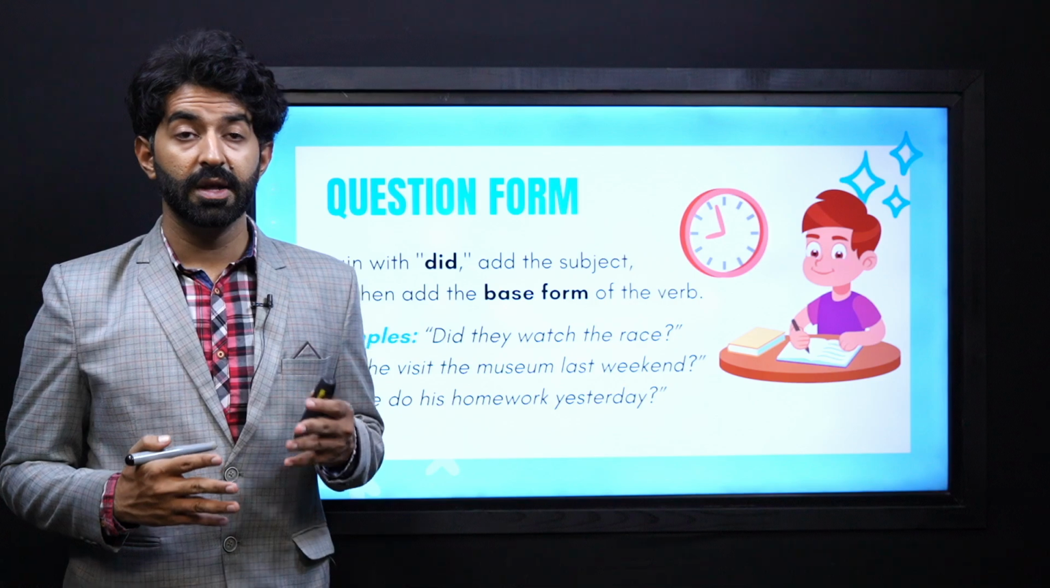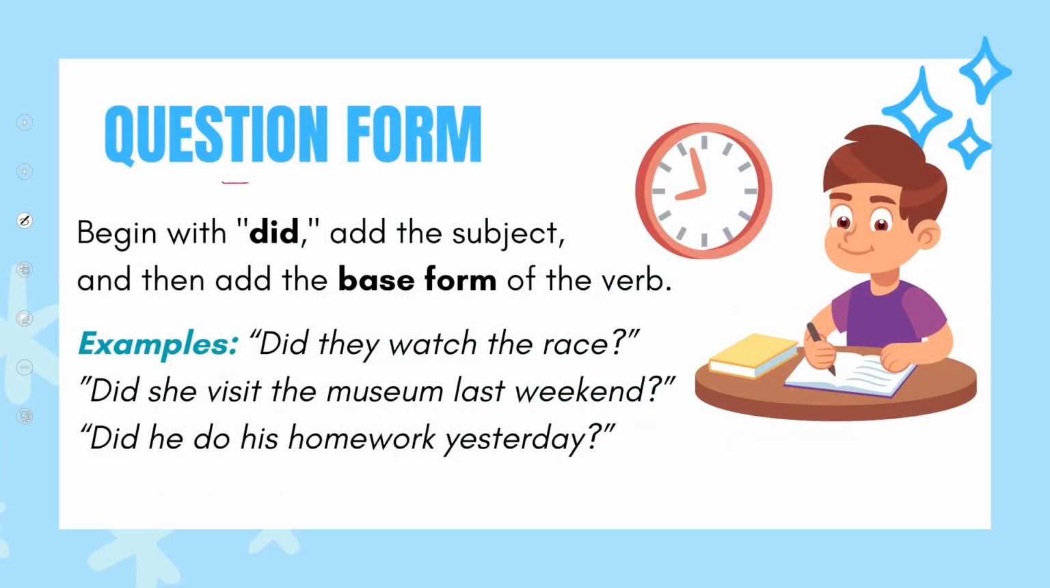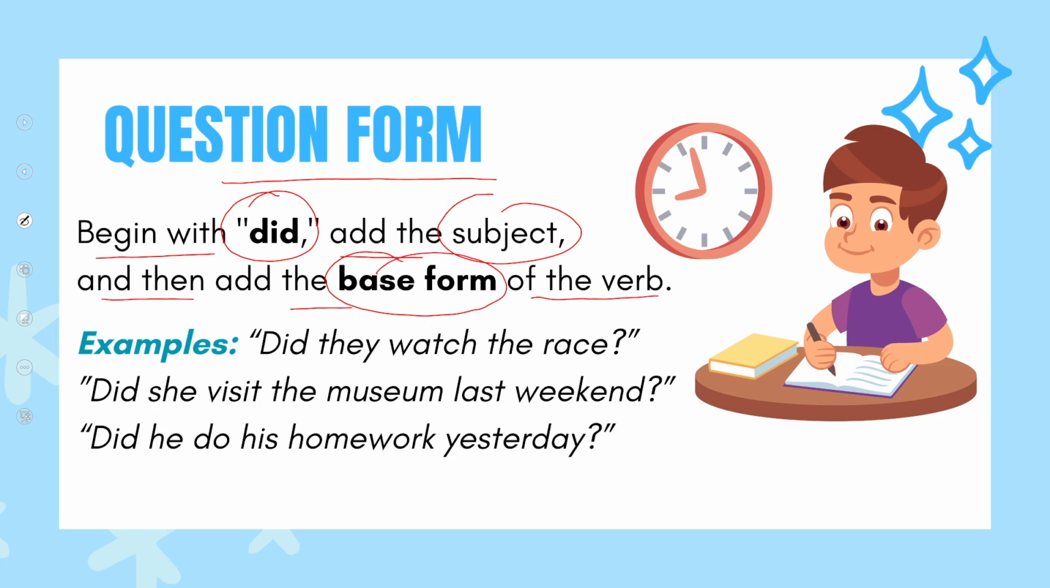Now, let's talk about the question form. You will be beginning with did, add the subject, and then add the base form of the verb. Let's look at some examples. Did they watch the race? Or did she visit the museum last weekend? Or did he do his homework yesterday? So did comes first,